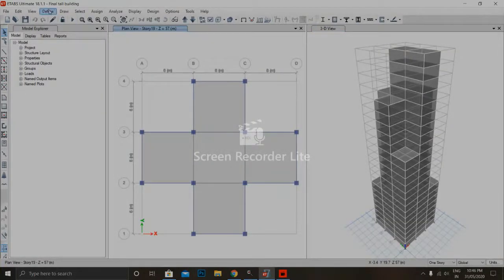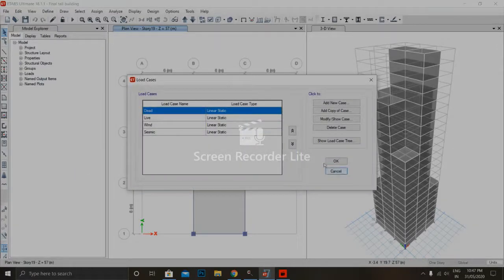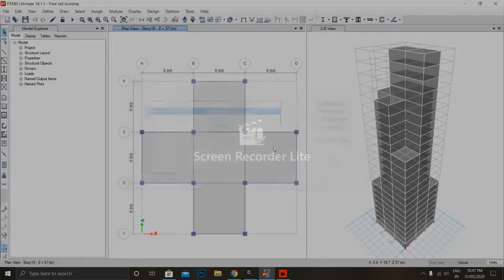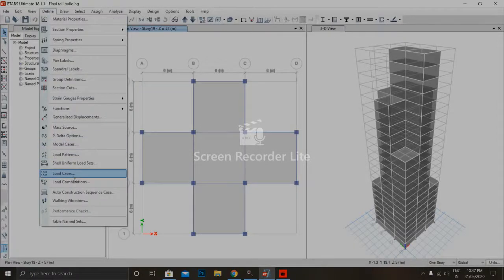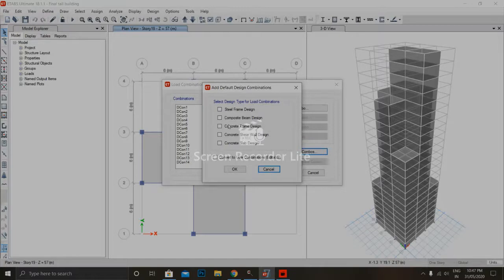Now go to define, load case, seismic is here, and define combination. All the combinations come with seismic also, you can see in circle. If they didn't come, add different design combos. Click on the concrete frame design and they will come back. Okay,